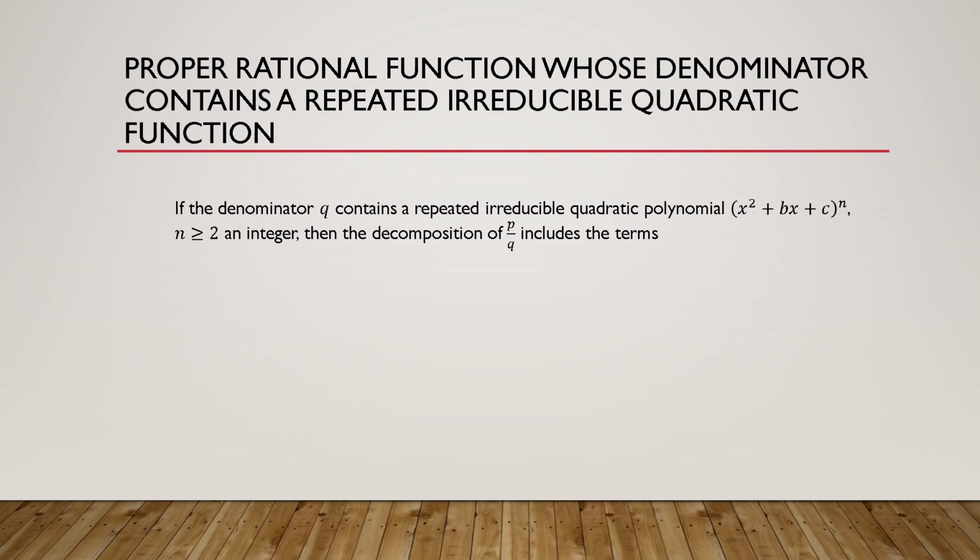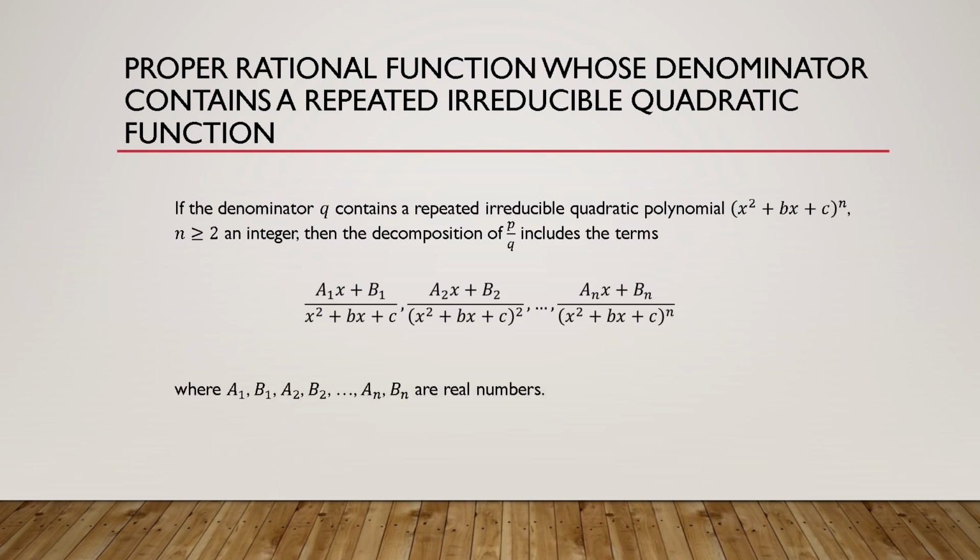If the denominator q contains a repeated irreducible quadratic polynomial, the quantity of x squared plus bx plus c to the power of n, for n greater than or equal to 2, an integer, then the decomposition of p over q includes the terms a sub 1 times x plus b sub 1 over x squared plus bx plus c, a sub 2 times x plus b sub 2 over the quantity of x squared plus bx plus c squared, and so on, including a sub n times x plus b sub n over the quantity of x squared plus bx plus c to the n power, where a sub 1, b sub 1, a sub 2, b sub 2, and so on, including a sub n and b sub n, are real